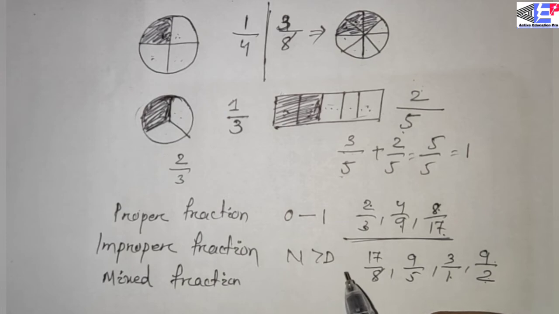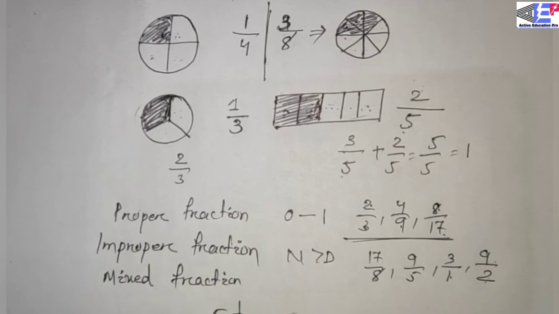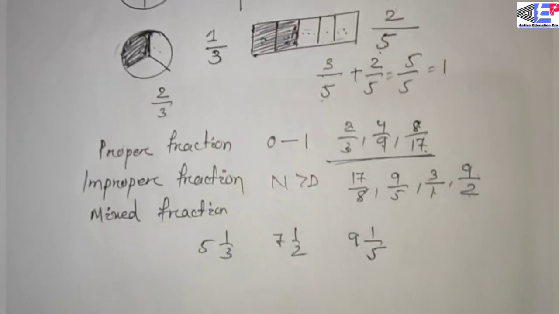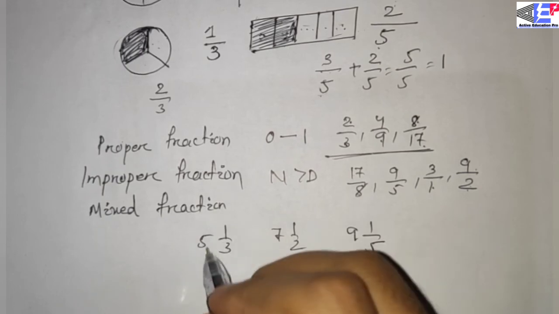And then the last one is mixed fraction. Mixed fraction means a mixture of a whole number part and a proper fraction. Suppose this is 5 1 by 3, 7 1 by 2, 9 1 by 5. Mixed fraction means a 5